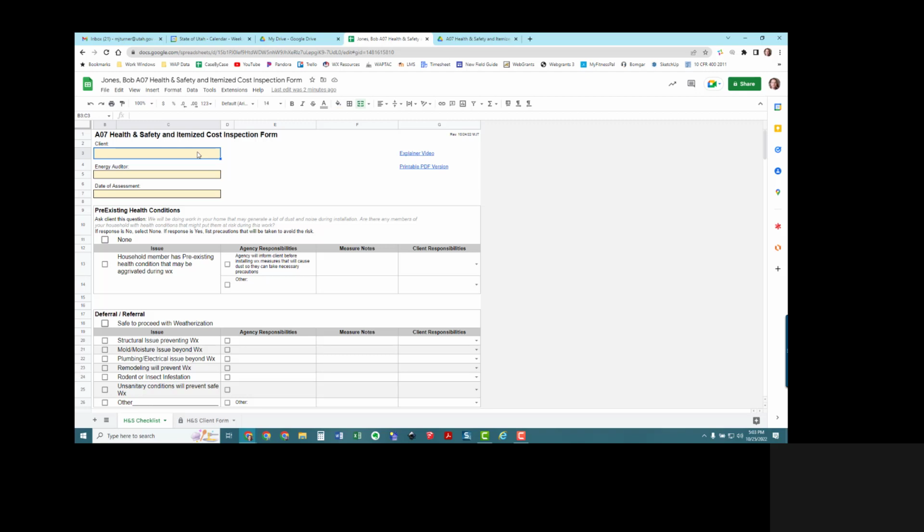So we'd go ahead and put in Bob Jones's name here and list yourself as whoever the energy auditor is. I will list myself, and then the date of the assessment,